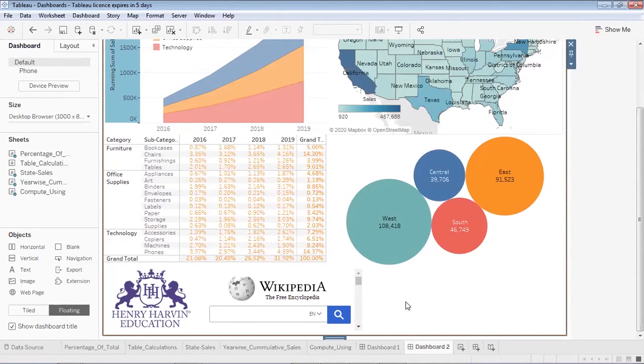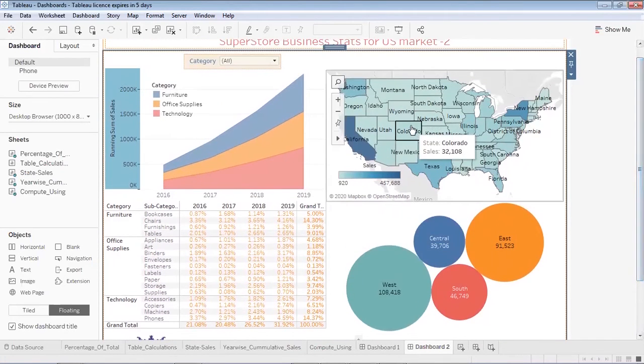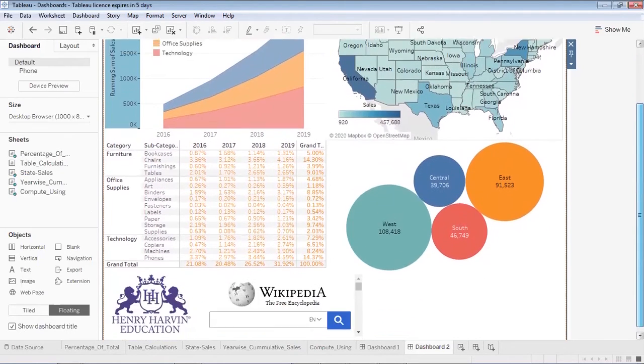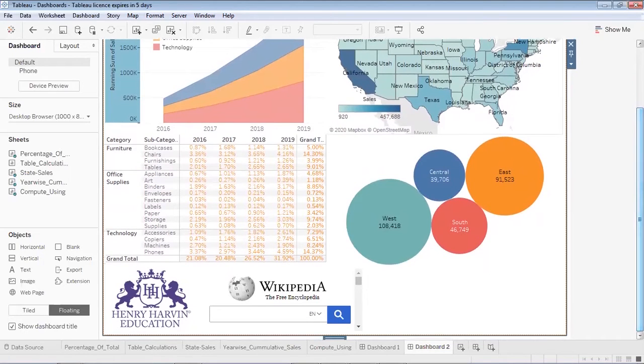So practically it will be useful whenever a user selects a state, if you would like to show the user details related to that state. So what you can do is, on this web page using actions, you can add the state's name. So whenever you select a particular state, that state's details would be available over here in the Wikipedia browser. So whenever you select a state, that state value will move as a string into this search of Wikipedia, and you will be able to see all the details related to that particular state.